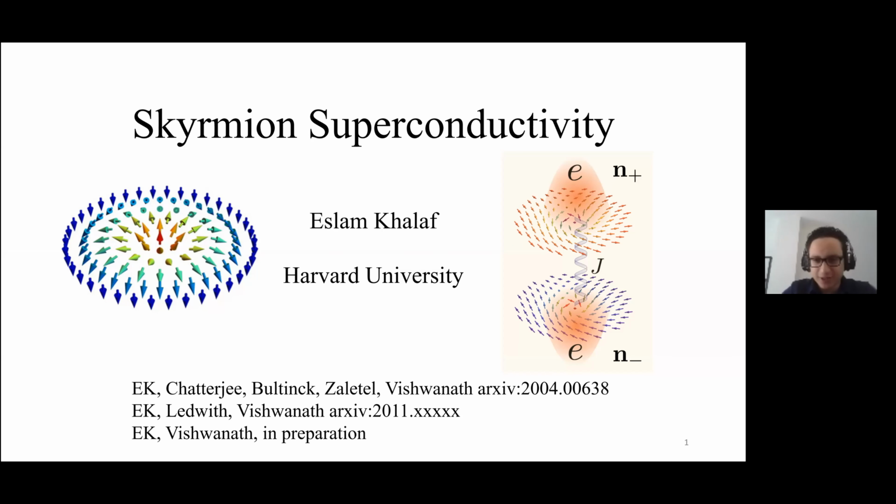I'm going to talk today about a result that I think is very exciting, related to a new mechanism to obtain superconductivity from repulsive interactions by a Skyrmion pair. And although this mechanism was inspired by studying twisted bilayer graphene, it only needs a few simple ingredients, which makes it likely to be relevant also to a wider class of systems.